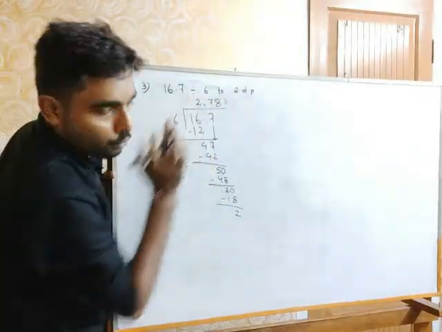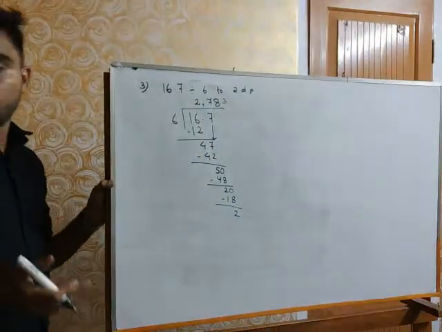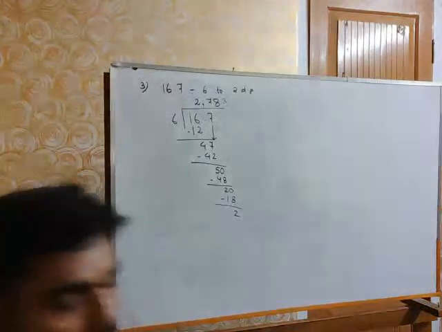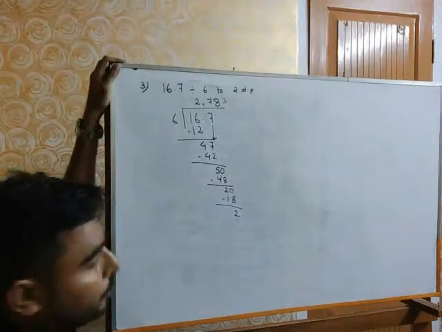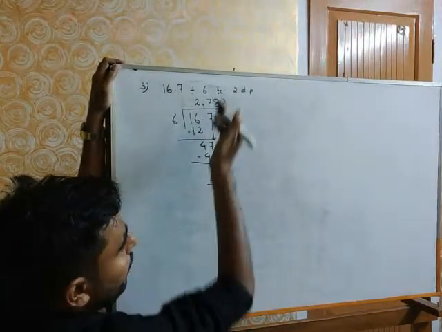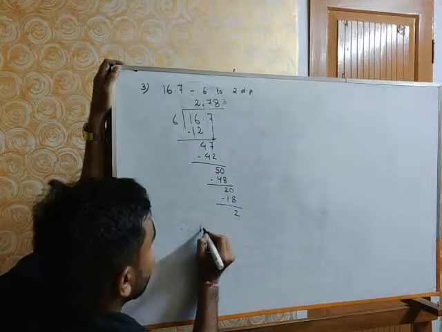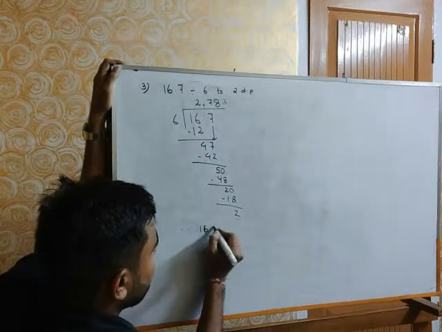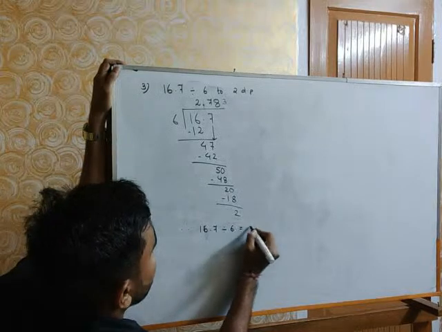So now up to 2 decimal places. So in the quotient you need how many places? 3. Okay. So therefore we already have 3 places there. So we will write 16.7 divided by 6 is equal to